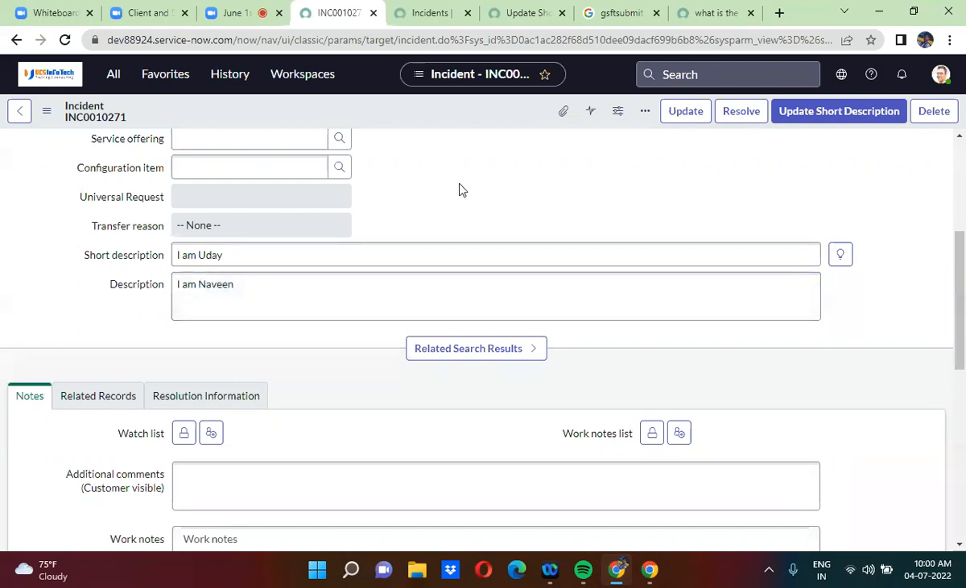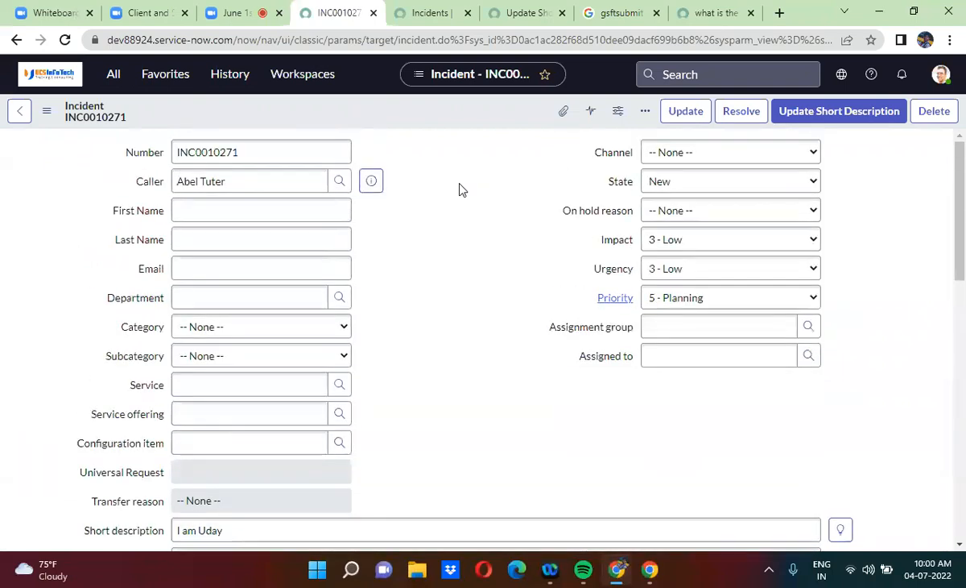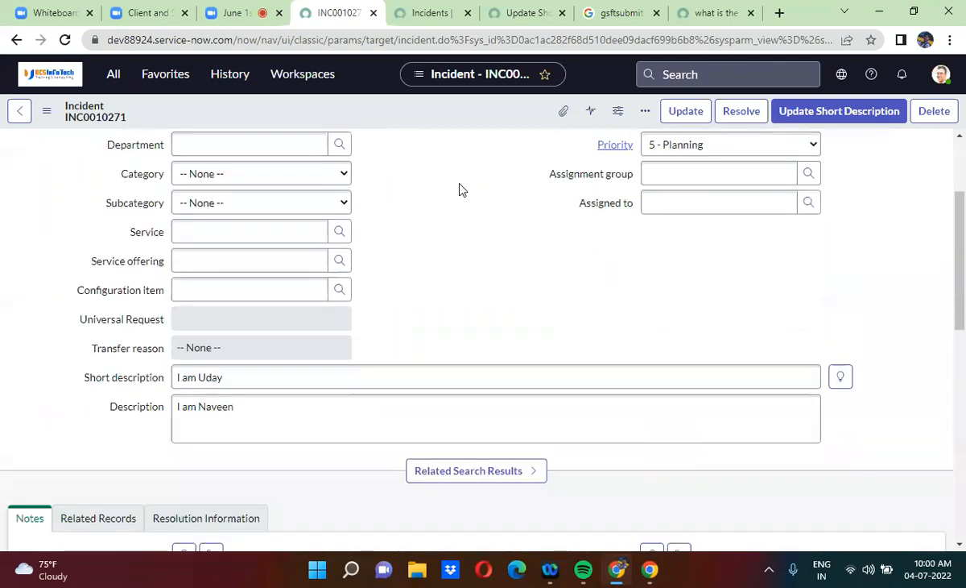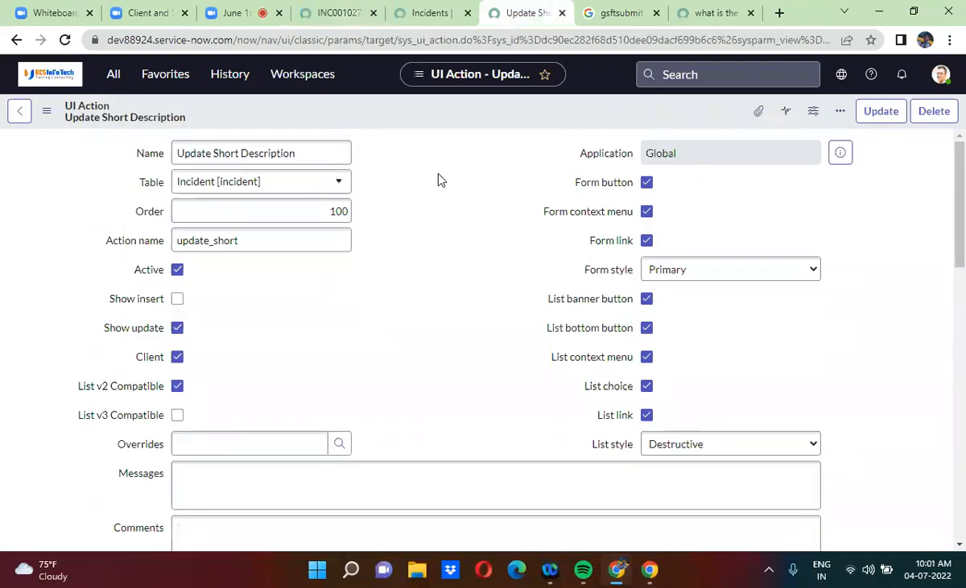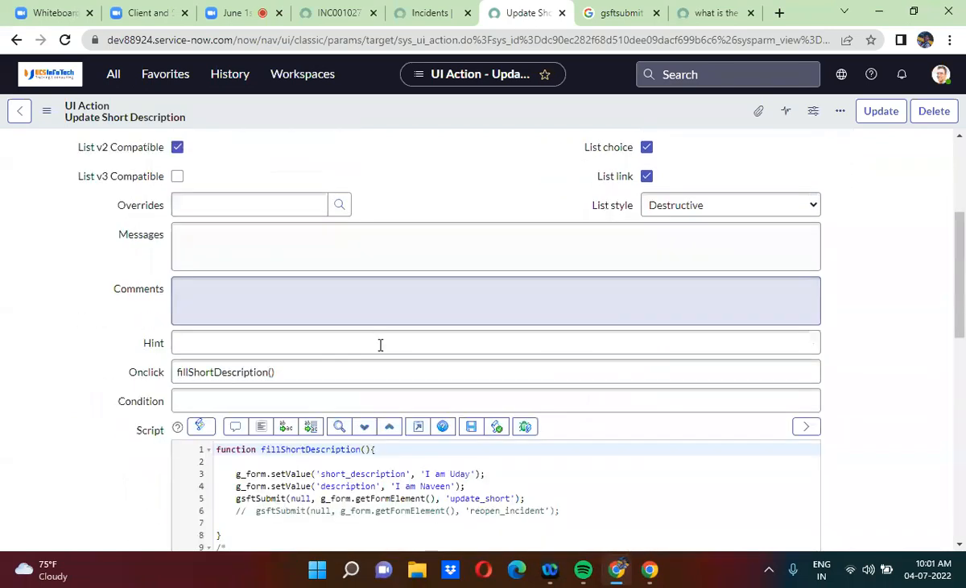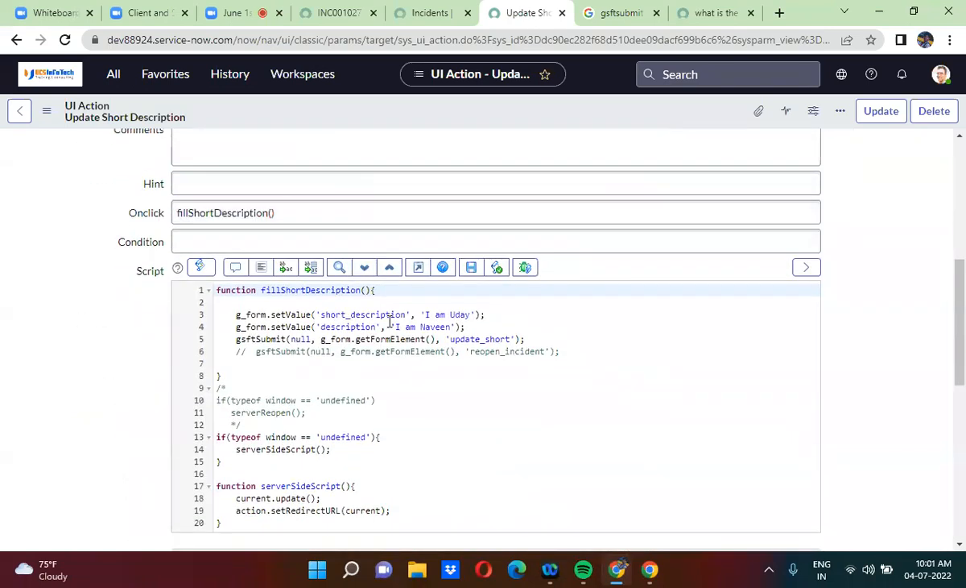So guys, here the point that you have to remember is UI actions will by default work on server side. If you want to make that work in the client side, you will have to check this checkbox. You can write a function, and inside that function you can write the client side script. From the client side, if you want to move again to server side, you will have to use a function called gsft_submit(null, g_form.getFormElement(), and the UI action